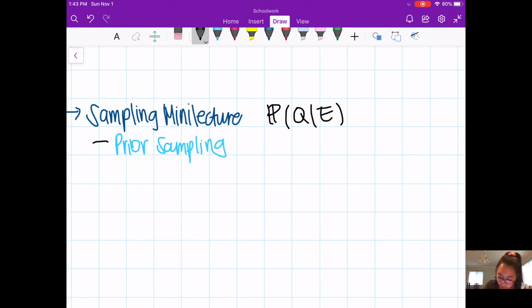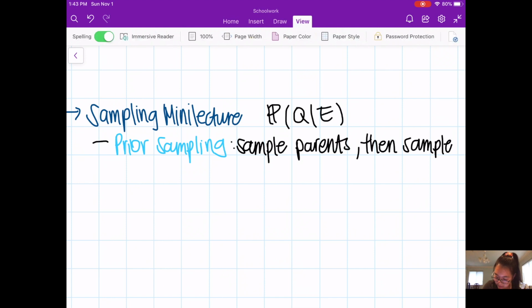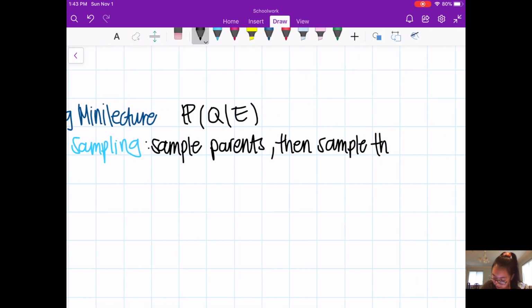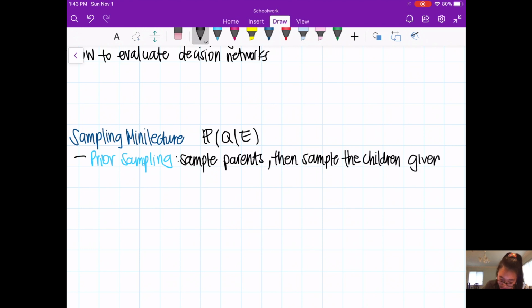And prior sampling is when you sample the parents, and then you sample the children given the parents, and what happens from these 2 samplings is that you get different counts of the variety of things, and then